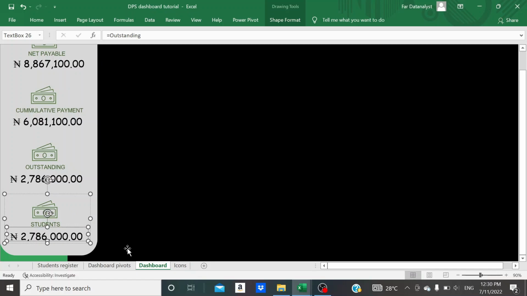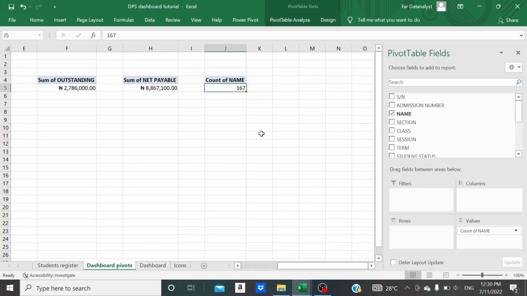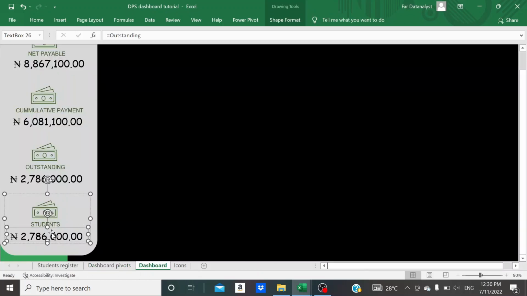All right, so let's come. Okay, before that, let us name this cell, because we're referencing this cell. So let us name it, okay, let's say population. All right, so let us come back to the dashboard and reference that. So this is now equal to,